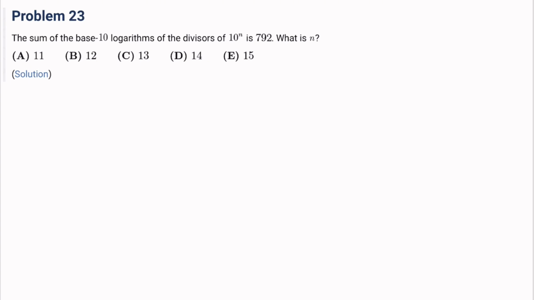is 792. What is n? Okay, so since 10 to the nth power is 2 to the nth power times 5 to the nth power, that means there are n plus 1 times n plus 1, which is n plus 1 squared, divisors in total, right? And since the base 10 logarithms of the divisors, their sum, so if we say that the divisors